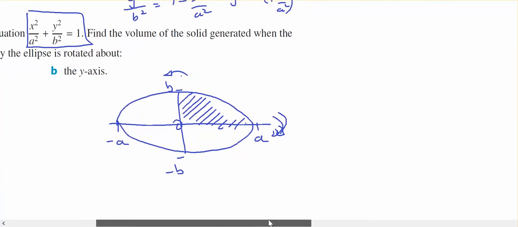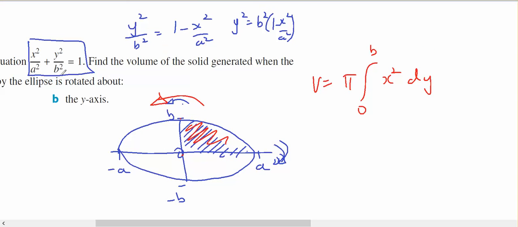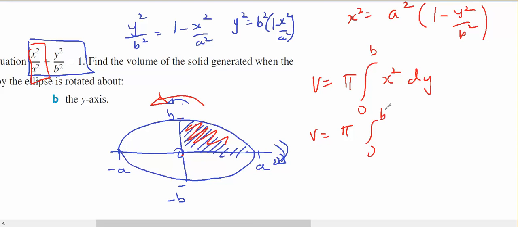Now to do it around the y-axis. So I'm going to take this and I'm rotating around the y-axis. The volume is going to equal pi times the integral from 0 to b of x squared dy. And x squared will equal a squared times 1 minus y squared on b squared. So the volume is going to equal pi times the integral from 0 to b of a squared times 1 minus y squared on b squared dy,